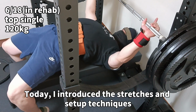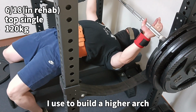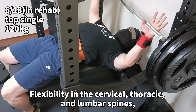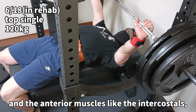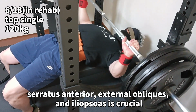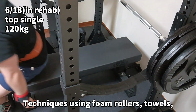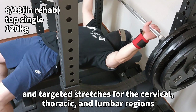Summary. Today, I introduced the stretches and setup techniques I use to build a higher bridge based on anatomical principles. Anatomy for a higher bridge: flexibility in the cervical, thoracic, and lumbar spines, and the anterior muscles like the intercostals, serratus anterior, external obliques, and iliopsoas is crucial. Stretches for a higher bridge: techniques using foam rollers, towels, and targeted stretches for the cervical, thoracic, and lumbar regions